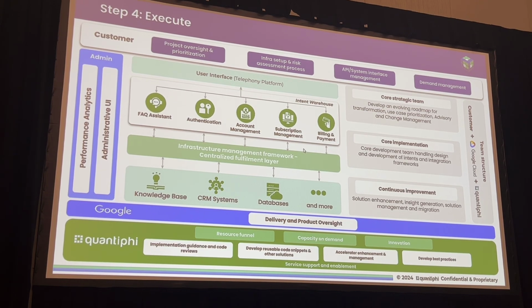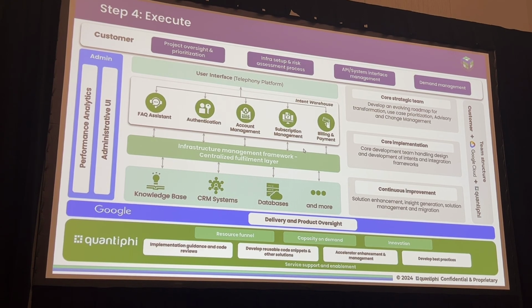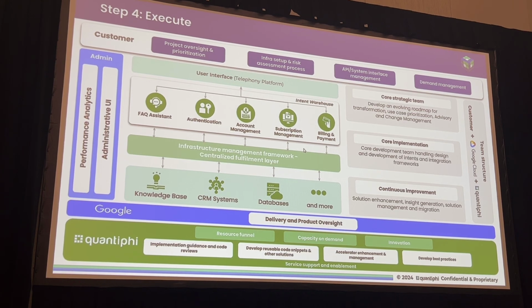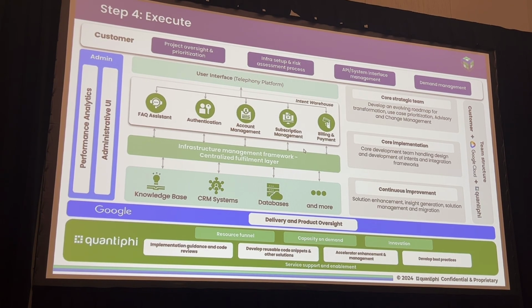And then there is the continuous improvement team. So once the core implementation team does what they have to do, they hand it off to the continuous improvement team, and they keep the solution relevant and appropriate to customers' changing behaviors. So that's in a nutshell how we typically deliver. And the last step in our digital transformation journey. Like I said, if you guys have filled out the questionnaire, we can take that back